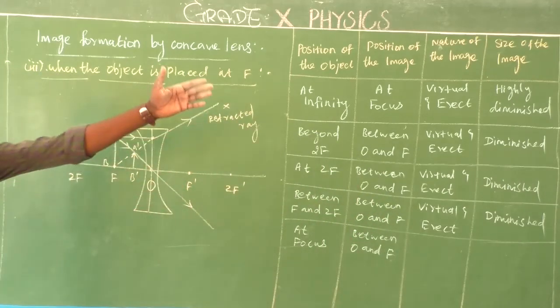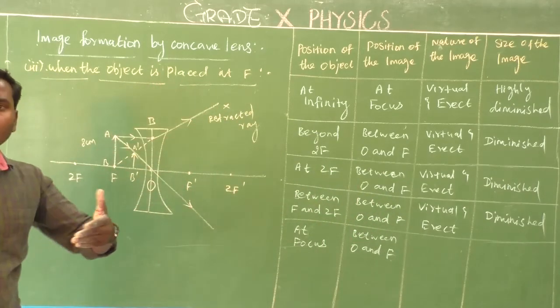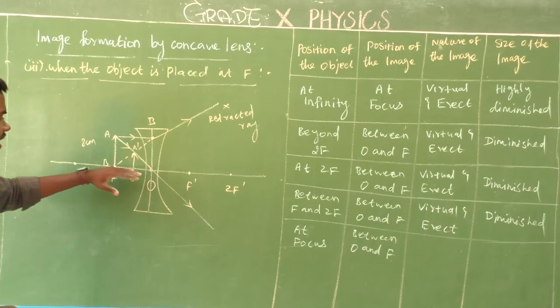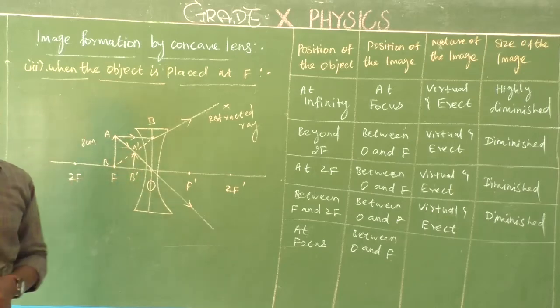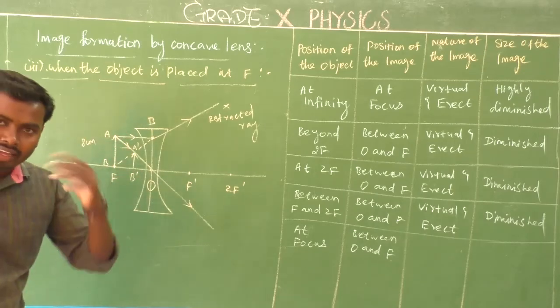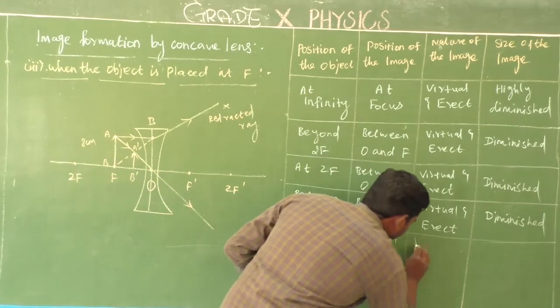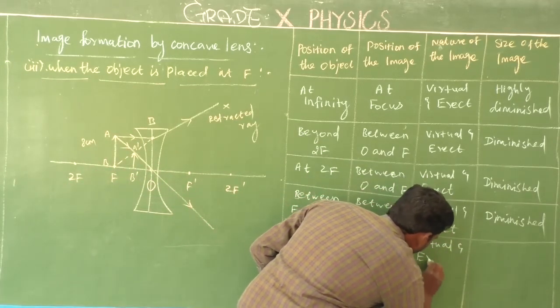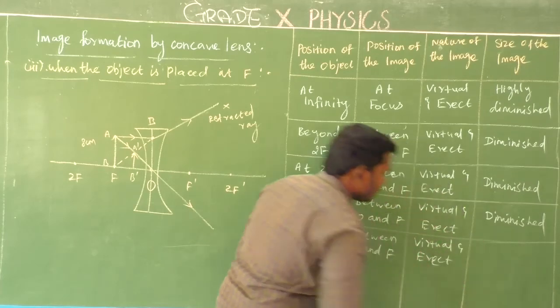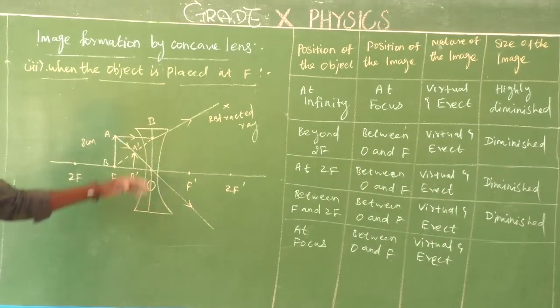Yes. Next, what is the nature of the image? Whether it is virtual image or real image. Here image is formed above the principal axis, so that image is a virtual image. All virtual images are erect images. Am I right? Yes. This is virtual and erect image. Is it clear?